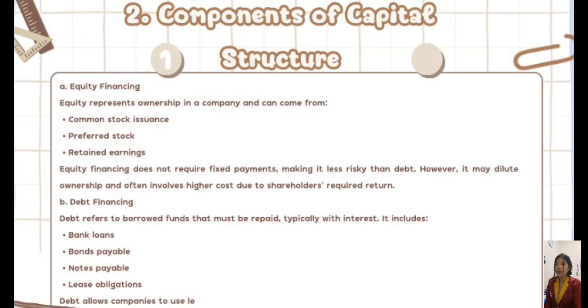And debt financing. Debt refers to borrowed funds that must be repaid, typically with interest. It includes bank loans, bonds payable, notes payable, and lease obligations. So debt allows companies to use